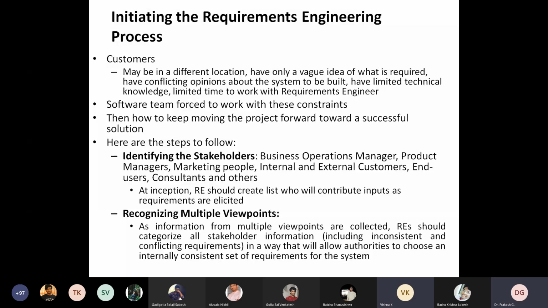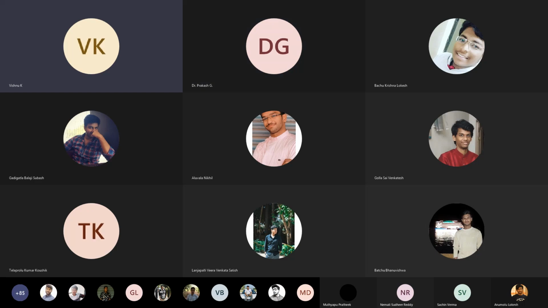Sir, yeah, who is this? Sir, Vishnu, sir. I had this doubt, sir. There are so many processes in the requirement engineering part only. There are so many things that I need to take care of in that part. So why aren't there any job profiles like that? At least for freshers, I haven't seen any job profile as such.